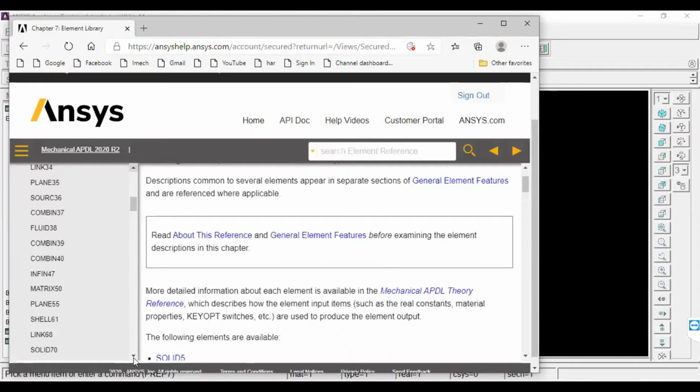Yeah. You can see here the list of elements available.